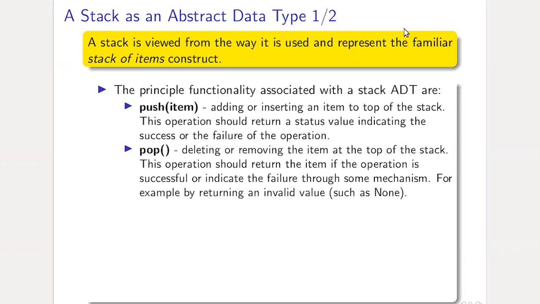Then we have the other corresponding opposite operation of removing an item or deleting an item from the stack. So the term we use is pop an item from the stack, and this would essentially give us the topmost item on the stack, because when you look at a stack of things, what we can see is the topmost item. So if you consider a stack of books, what you see is the book at the top of the stack. And if you put a new book on top of the stack, we will start seeing that one. And if we remove something, it is what we can see on the top of the